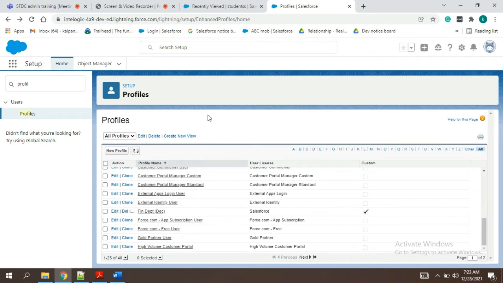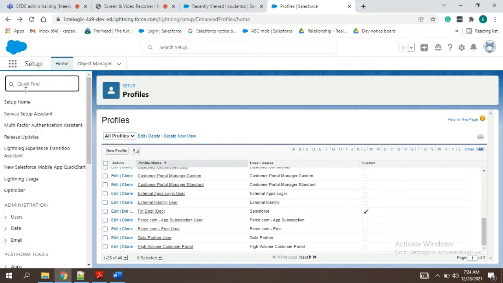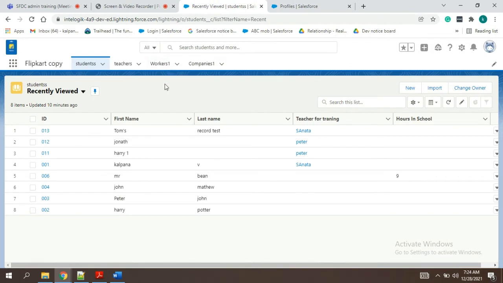Okay, then, we understood what profiles are and all. So today we are moving ahead to the new topic. Did we miss anything? Yesterday we saw the examples also, no?